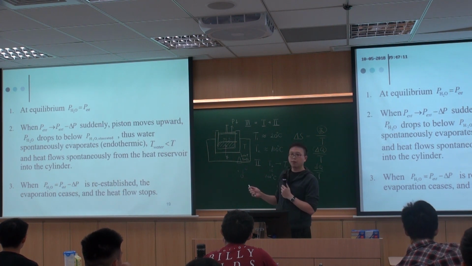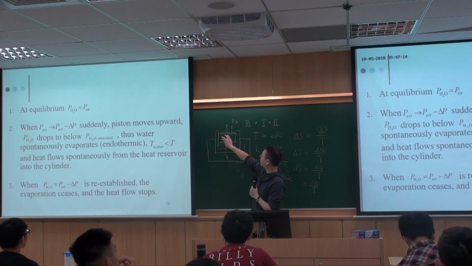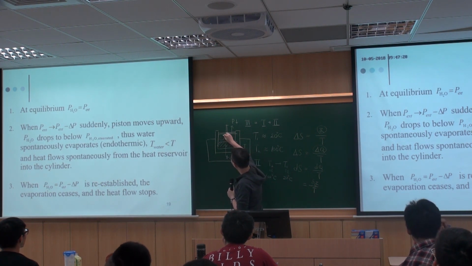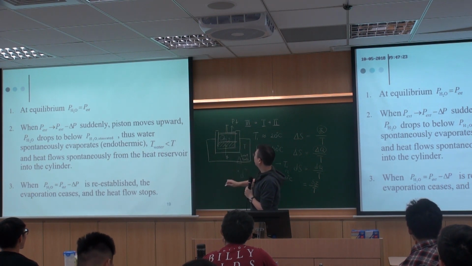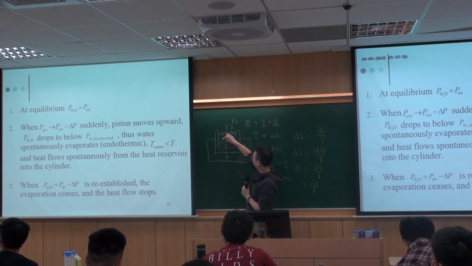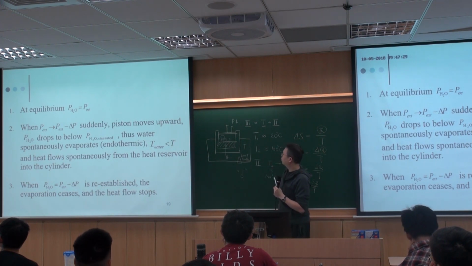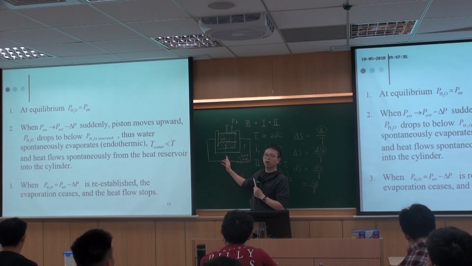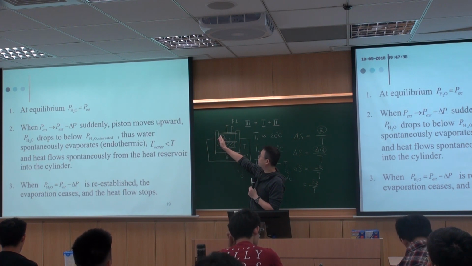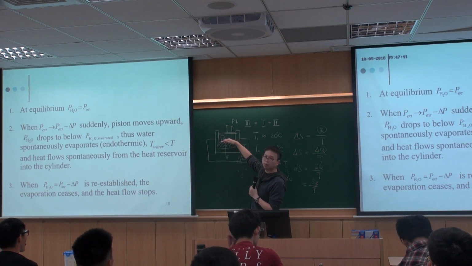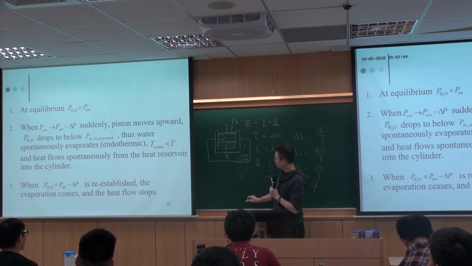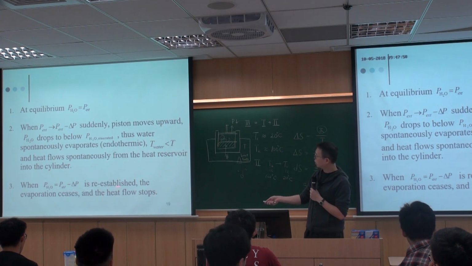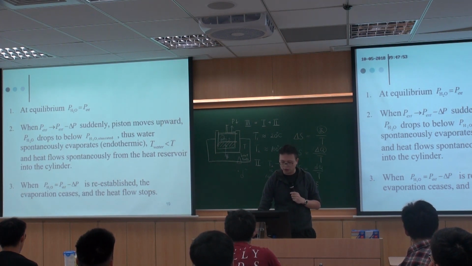And the heat flow will also stop, because we only need to evaporate a certain amount of water molecules. For instance, these are originally here, and when this is moved up and this part of the water is transferred from the liquid side to the vapor side, you supply a certain amount of Q. And once this is already here, then the equilibrium is reestablished, so you no longer need the supply of heat. Okay? So this is the reason why it says the heat flow stops once the equilibrium is reestablished.